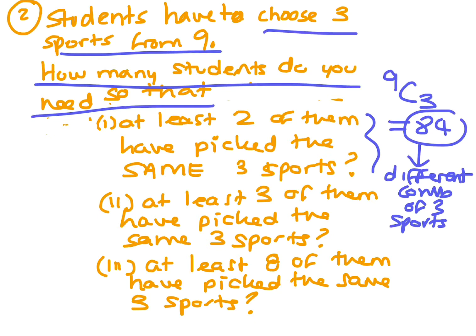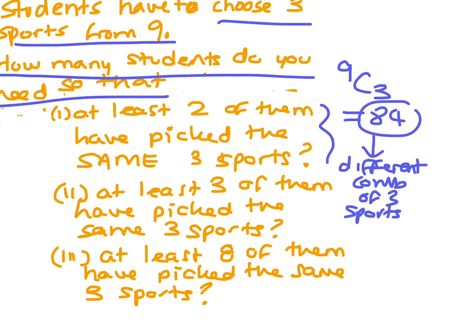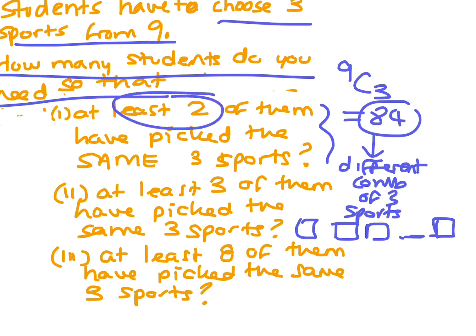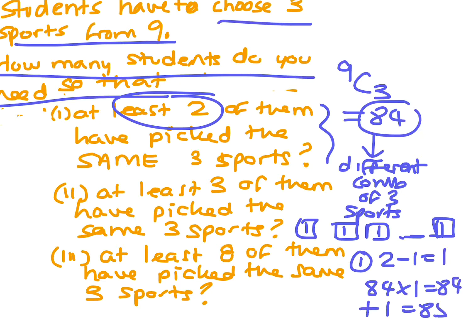So it's like having 84 pigeonholes. Okay, so once you've got that, if you want at least 2 of them to have the same sport, your first step is to go 2 minus 1 is 1. You would have to have 1 in each pigeonhole. So that means you have 84 times 1, which is 84. And then all you need is 1 more than the 84, which is 85, to be certain